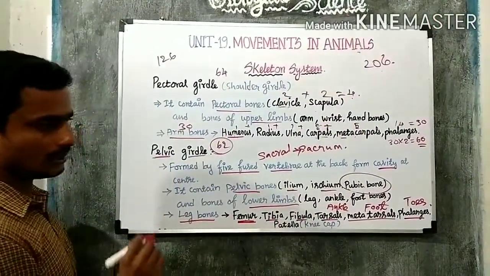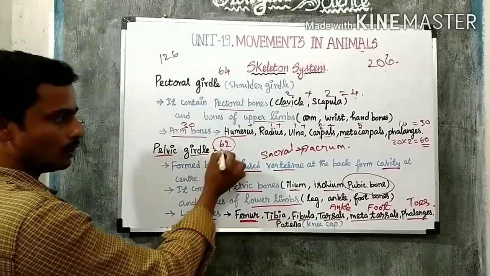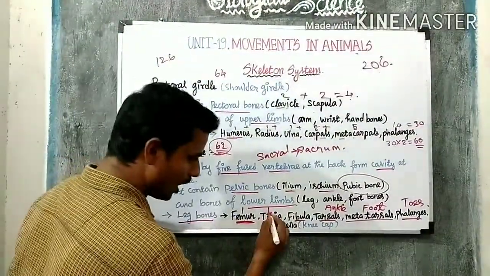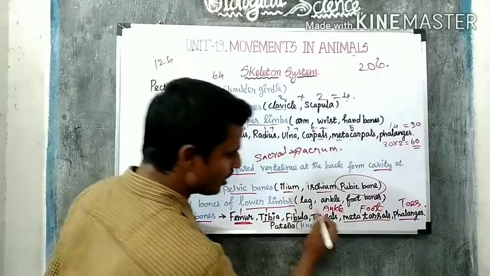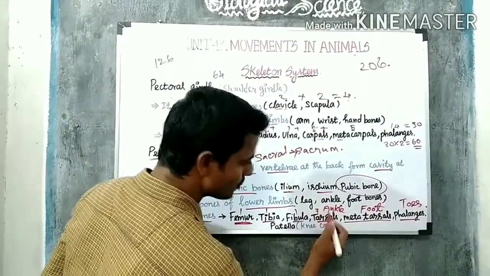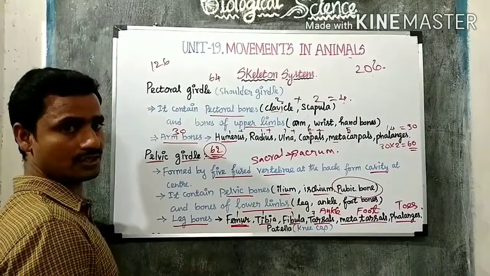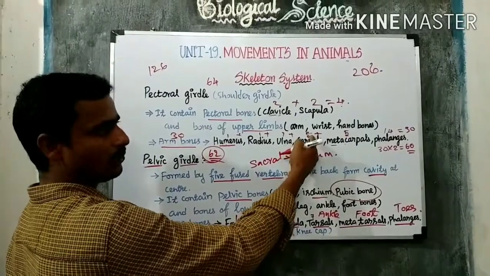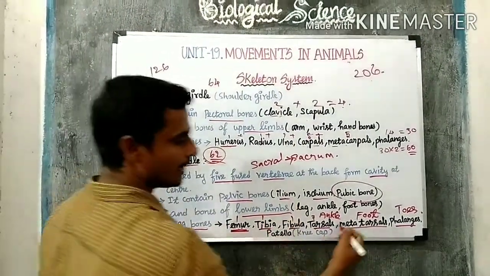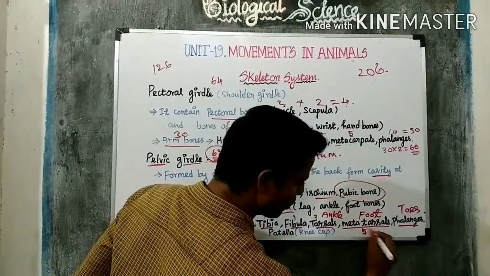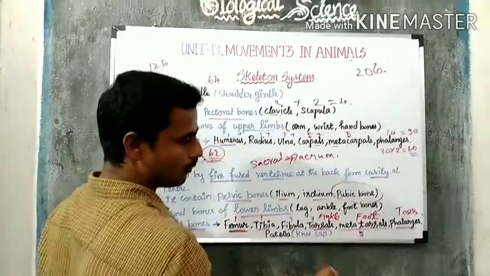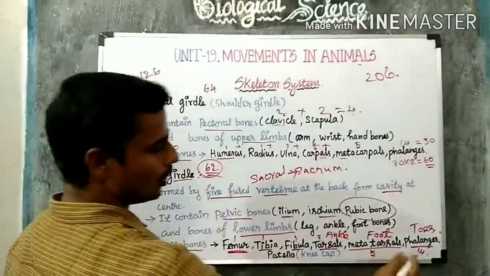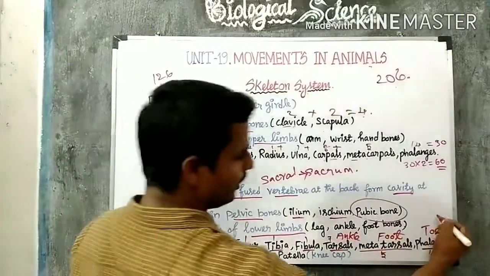Now we are going to check the number of bones in the pelvic girdle. I told you 62 bones are present in the pelvic girdle, right? So femur 1 bone, tibia 1 bone, fibula 1 bone, then the tarsals, we have 7 bones in the tarsal region, whereas in the carpals we have 8 bones. Then the metatarsals, we have 5 bones in your leg. Then the phalanges 14, as I told you for the phalanges of the arm. So in total it comes to 29 bones, right?